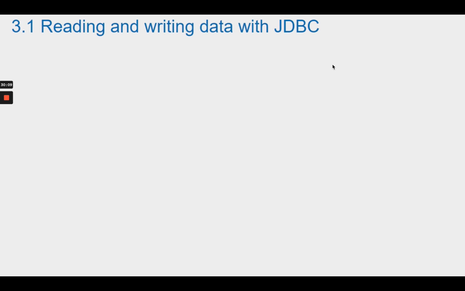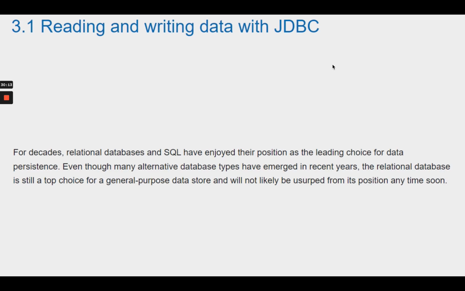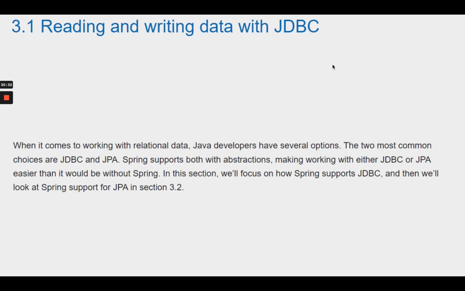Section 3.1, Reading and Writing Data with JDBC. For decades, relational databases and SQL have enjoyed their position as the leading choice for data persistence. Even though many alternative database types have emerged in recent years, the relational database is still a top choice for a general-purpose data store and will not likely be usurped from its position anytime soon. When it comes to working with relational data, Java developers have several options. The two most common choices